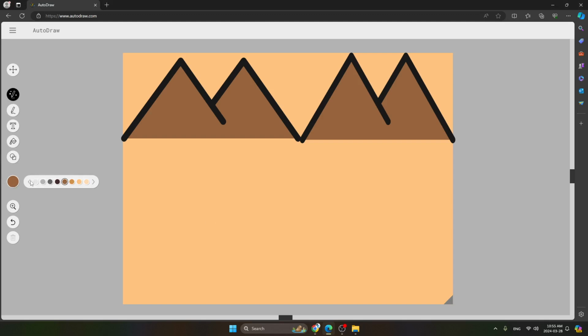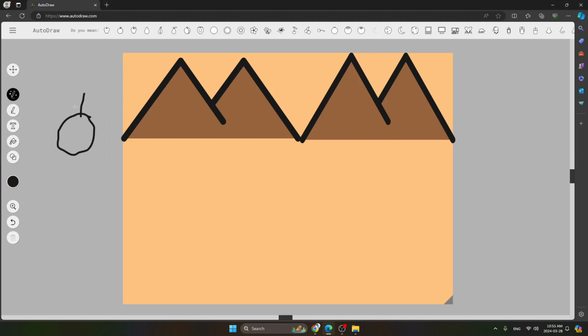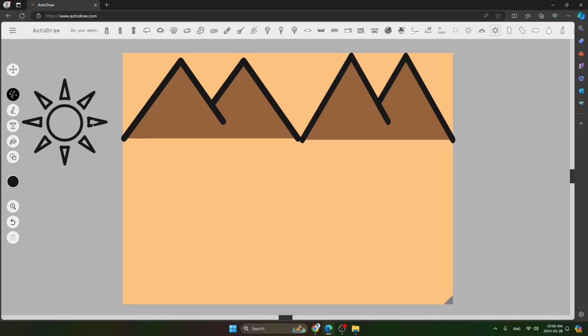So first we will take black color for drawing. So here I have drawn a circle. Now we will draw the lines for our sun and our AutoDraw will guess it soon. Like this we are drawing. Okay, so let's draw it more. We have to draw until our AutoDraw will guess. Okay, so you can see the results have come. So I will take this one.